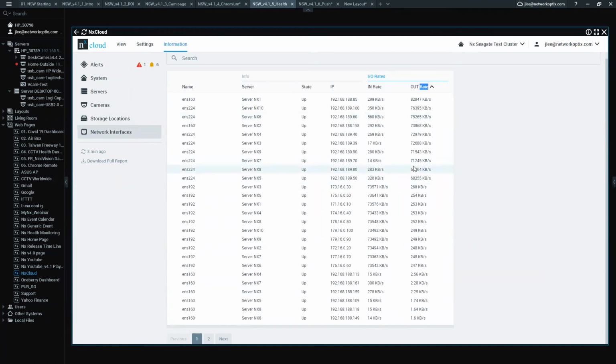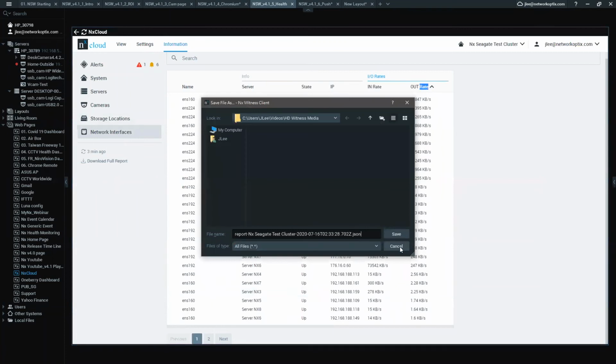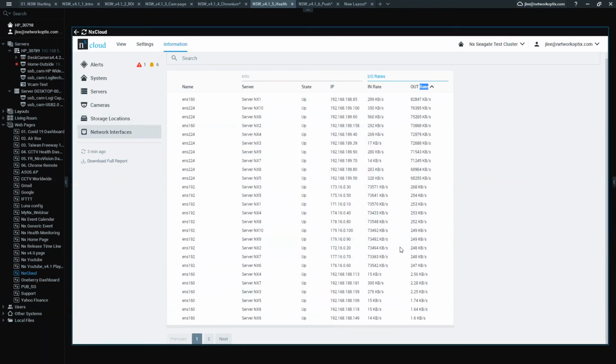So it's a very detailed report from different aspects of your VMS system. And you can download the report. It will be in JSON format. At the same time, there will be an API available for you to retrieve the report, retrieve the statistic data